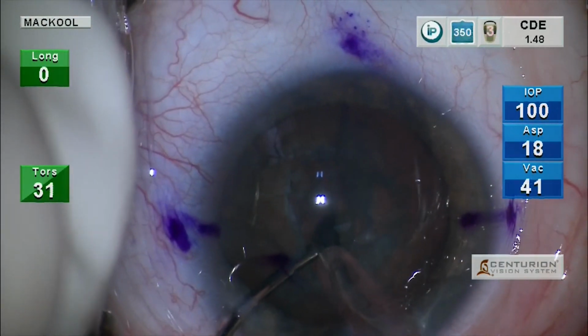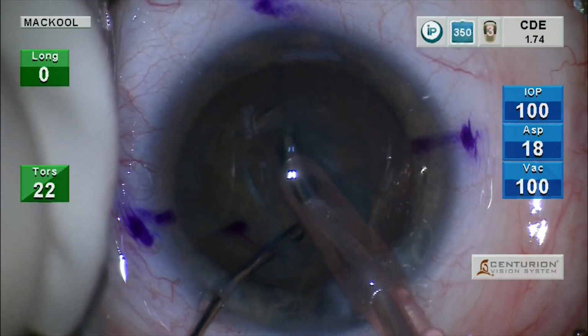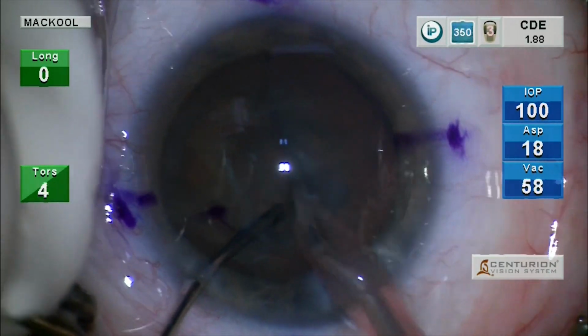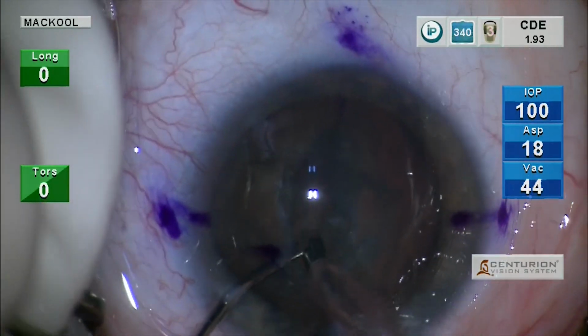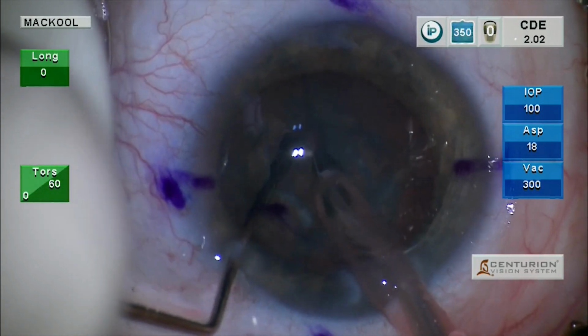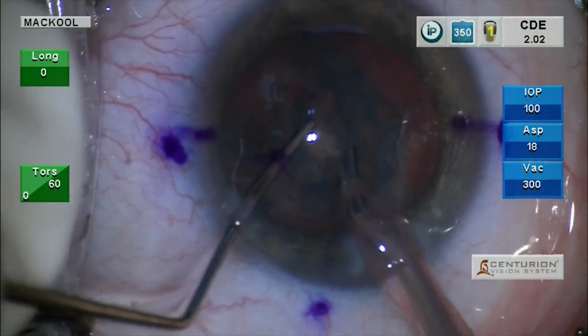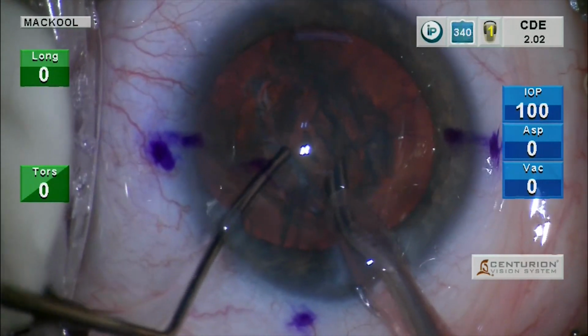Now, if when doing this I wanted to stabilize the nucleus, I would put the spatula right there and hold it still. So, and if I did that in each quadrant, that would be divide and conquer. And then I could put my instruments in there and divide the nucleus as I just did right there. But if I wanted to do phaco chop, which is my favorite,